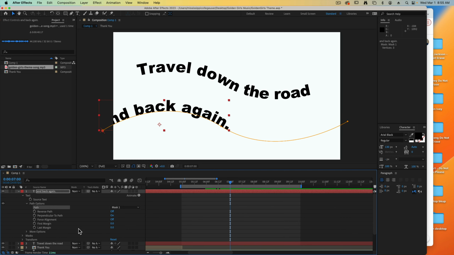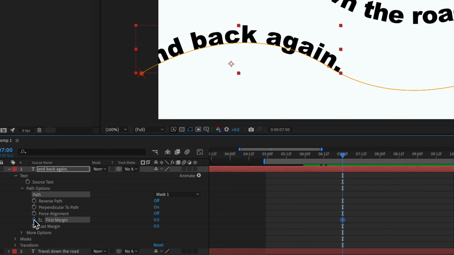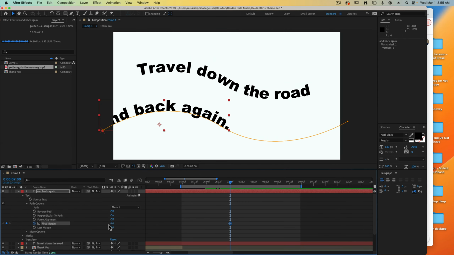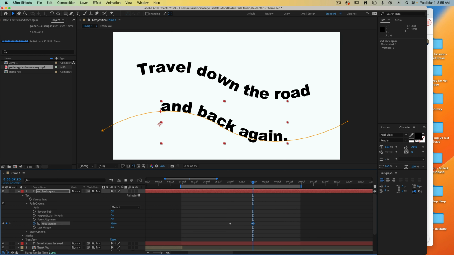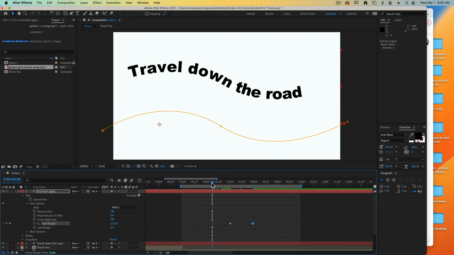There we go. We're going to turn on the first margin, and this time we're going to scrub it all the way to the right until it's off of our keyframe. There it is, set to there. We can then move forward to 8 seconds, and let's scrub our first margin back to the left until it's nice and centered underneath your other words. That looks pretty good right there. If we want to test it,